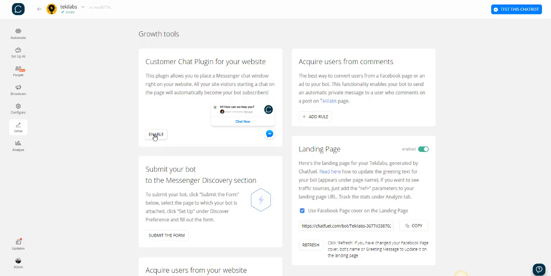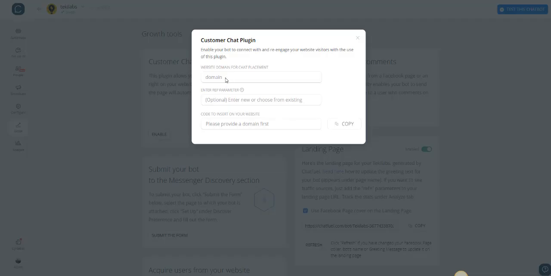And all you do is here, you're going to click Enable. You're going to put in the domain where the app is hosted, so that will be your app builder. This will automatically whitelist the domain in Messenger for you. If you didn't use Chatfuel, you'll have to go into your Messenger settings for your Facebook page and whitelist your domain. So you put in the domain of the app builder,